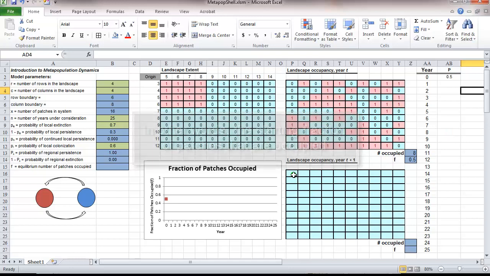Now here is where the rubber meets the road. In this cell, P16, we're going to enter our model equation for metapopulation dynamics. And we're going to use the exact equations that Jed mentioned in lecture. First of all, if